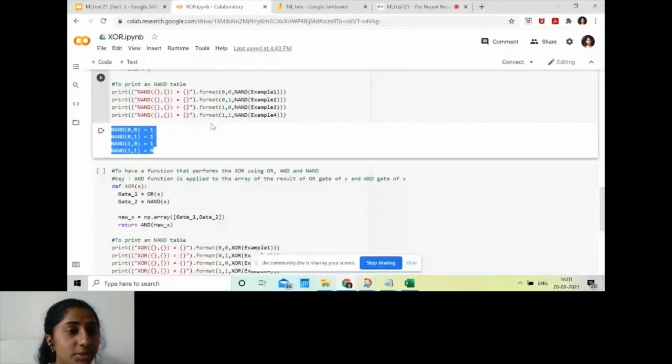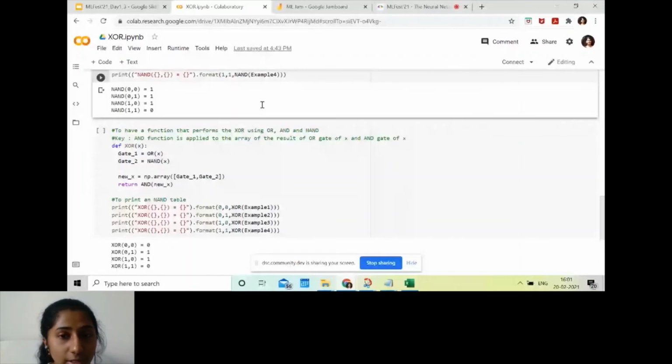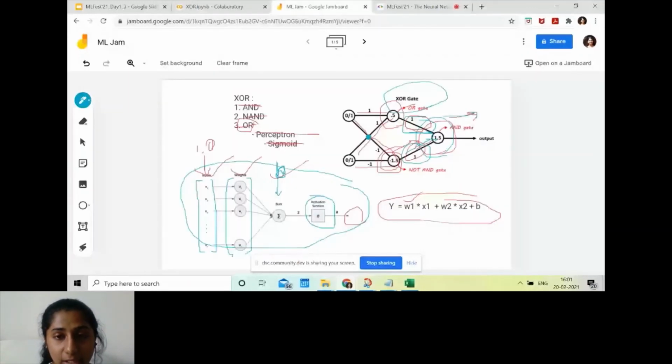Now the XOR gate is nothing but taking the X1 value and X2 value through the OR gate, and then through the NAND gate.